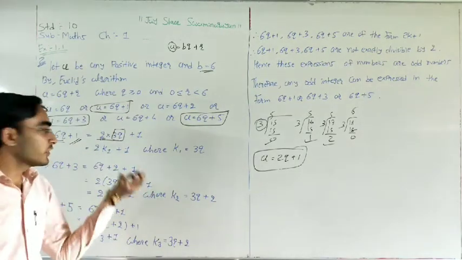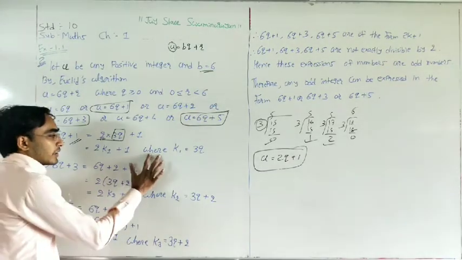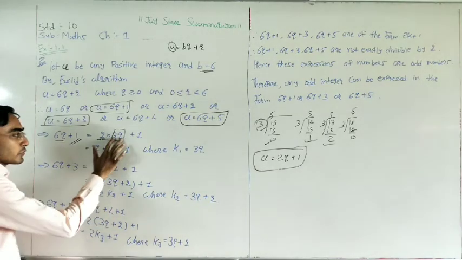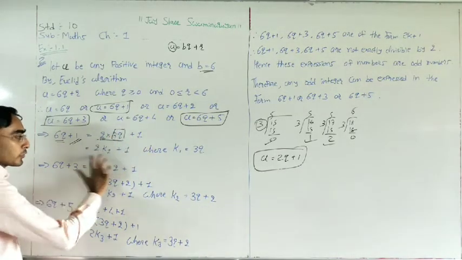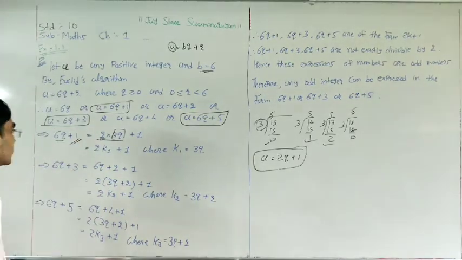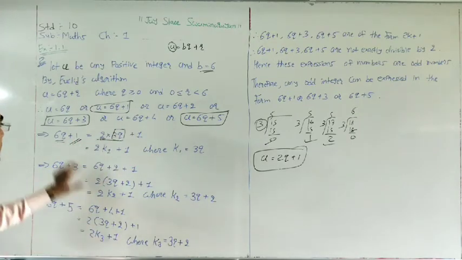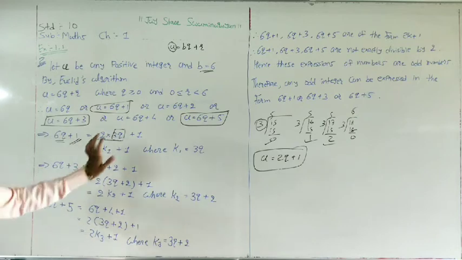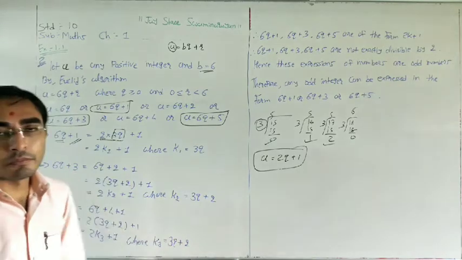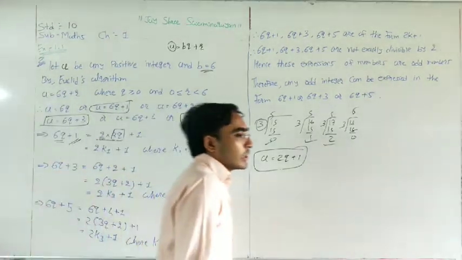So here 2k plus 1, this is the standard form of odd numbers, right? Where k1 is equal to 3 cube. That means I assume here k1 is equal to 3 cube. So this form becomes 2k1 plus 1. So what we need to do? Plus 1 we already have, so as it is. Factorize this 6 cube, 2 3s are, right? So 2 as it is. Here we need to put k because we want this form. Okay, so first possibility is done.